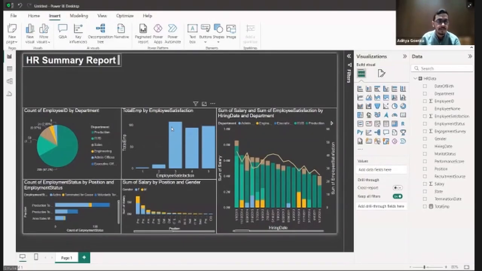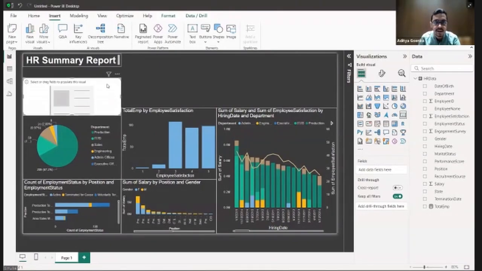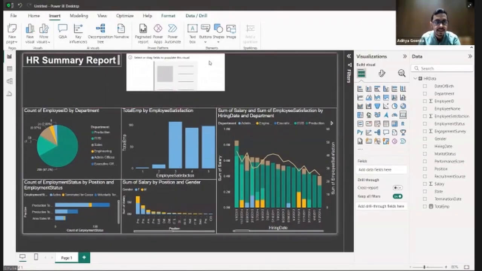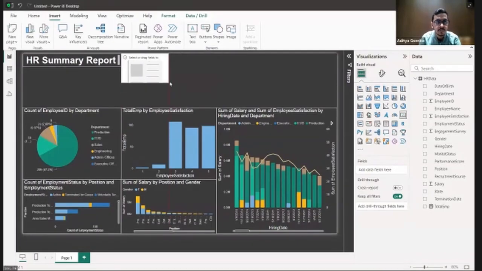Now guys, what we'll be doing, we will be adding something which is called a card visual inside Power BI. What is a card visual? It is something very simple but very effective. These are basically just plain, simple-sided numbers. Click on a card visual over here and place it towards the top of your screen.